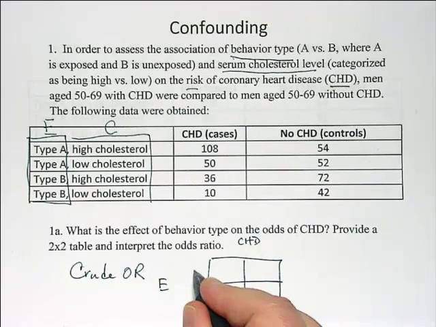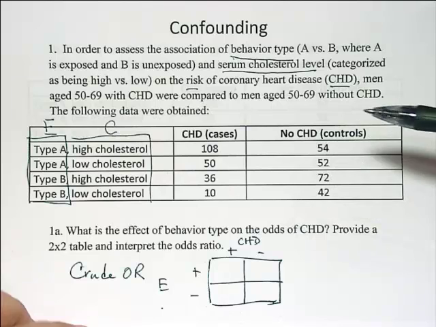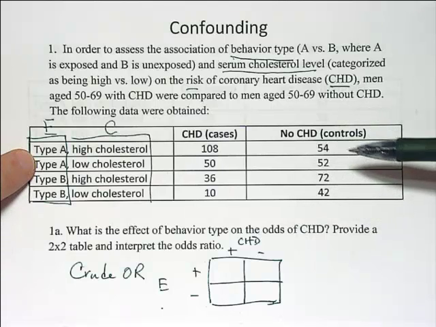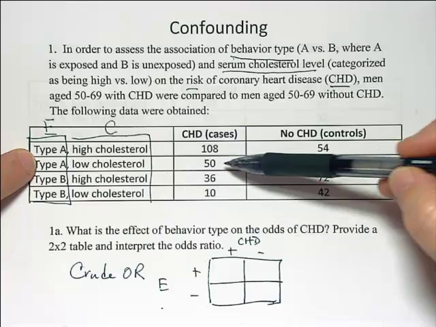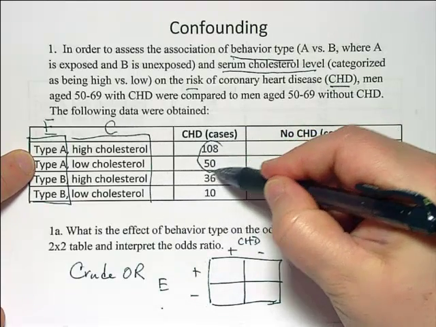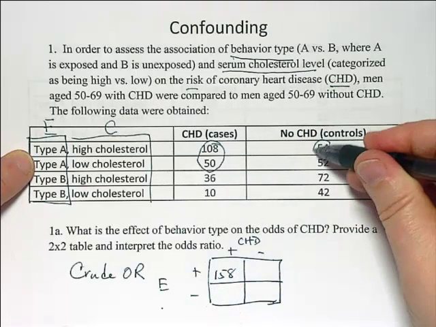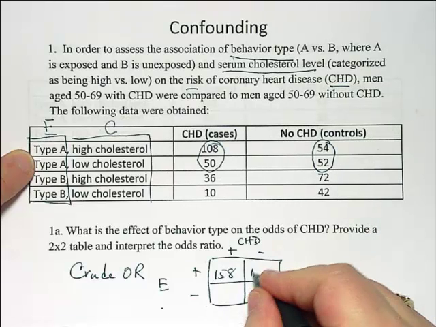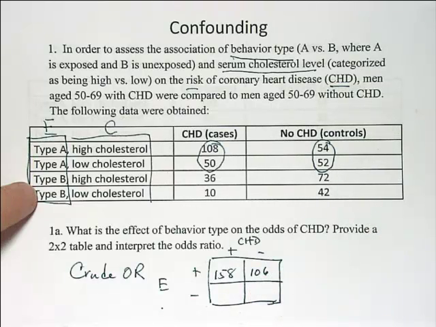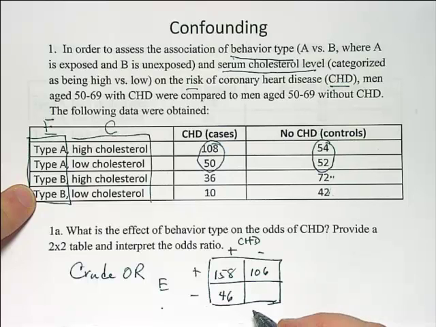You are familiar with this basic 2x2 table, so don't get tripped up. Type A is the class that I want to collapse, so I can put these cases together for this cell, and I can take these cases, 106, for that cell. There's type B here, that's 46, and here's the type B without coronary heart disease,